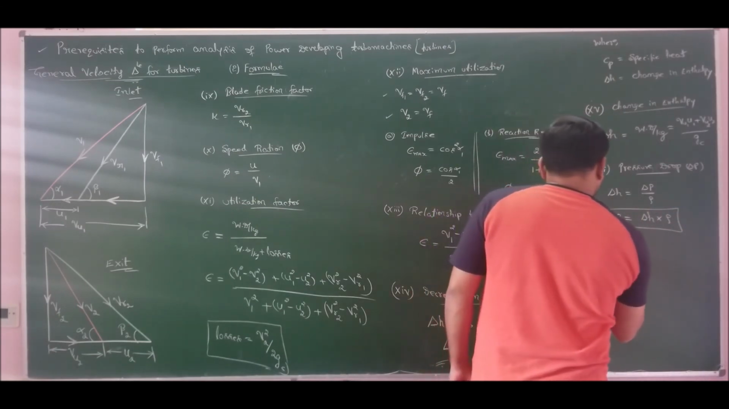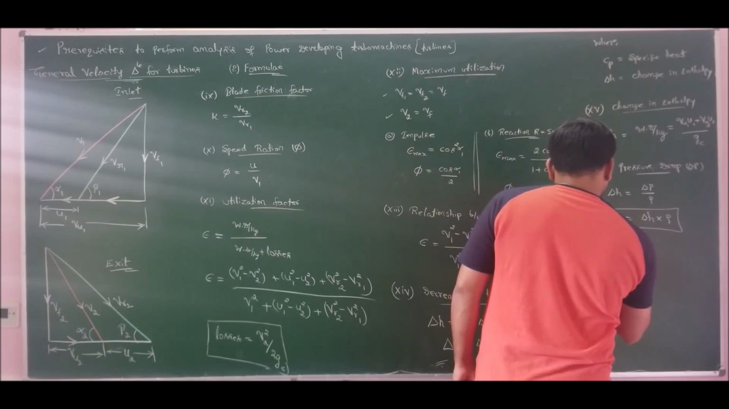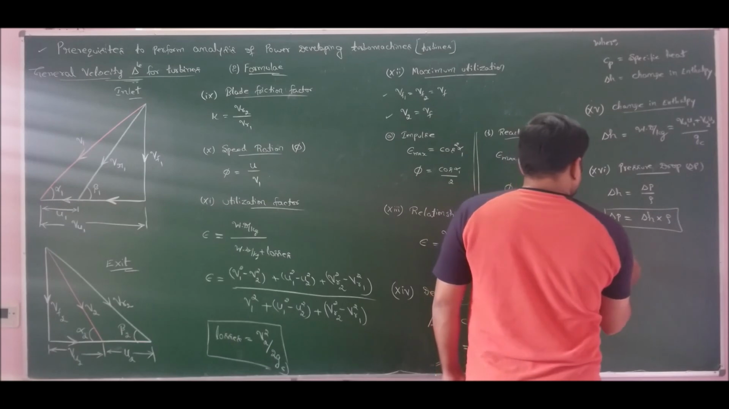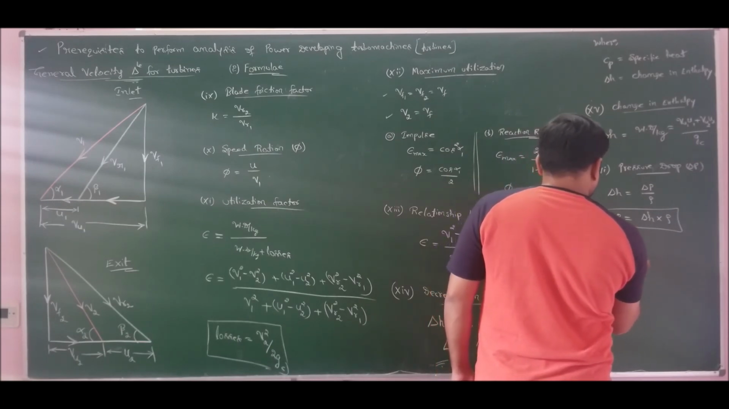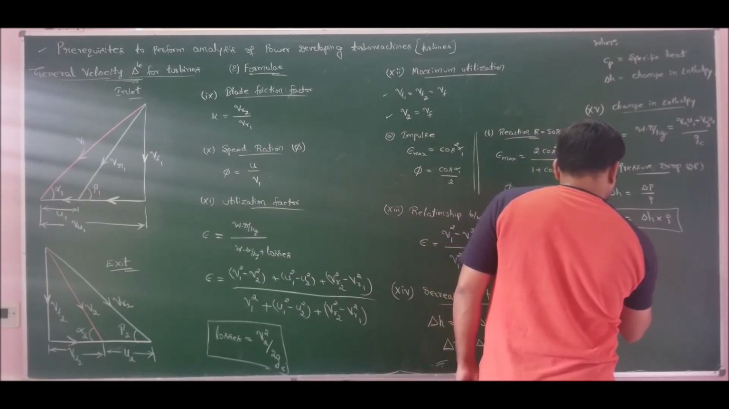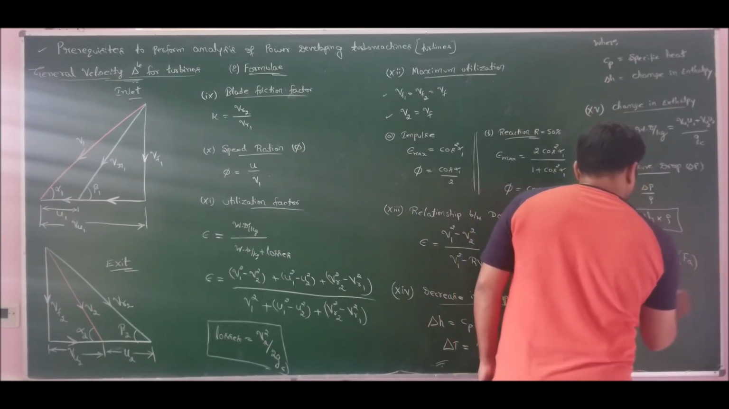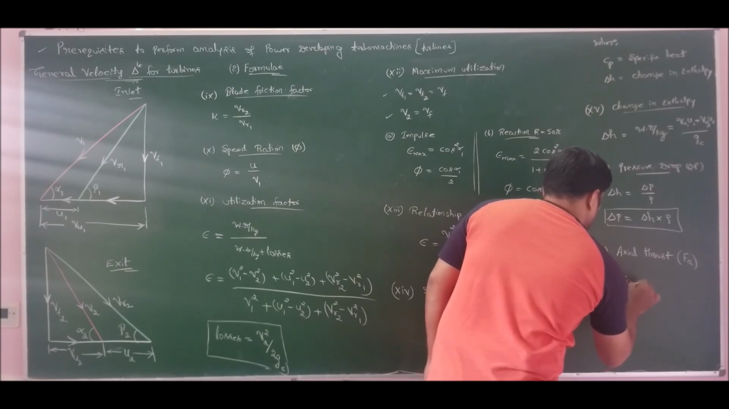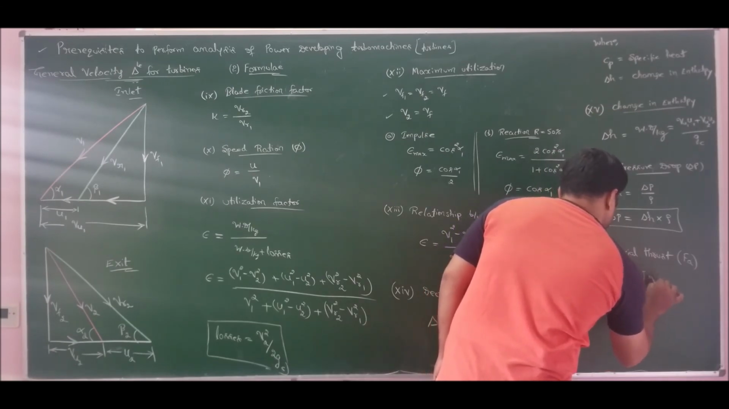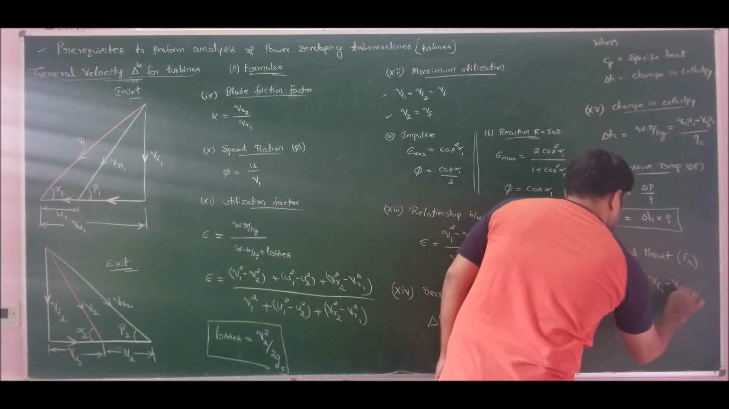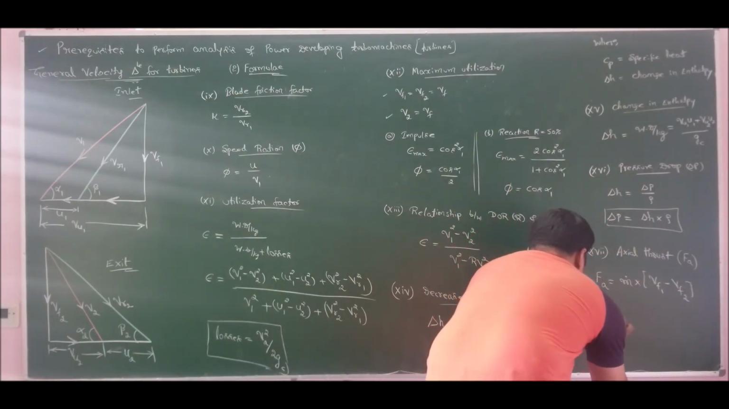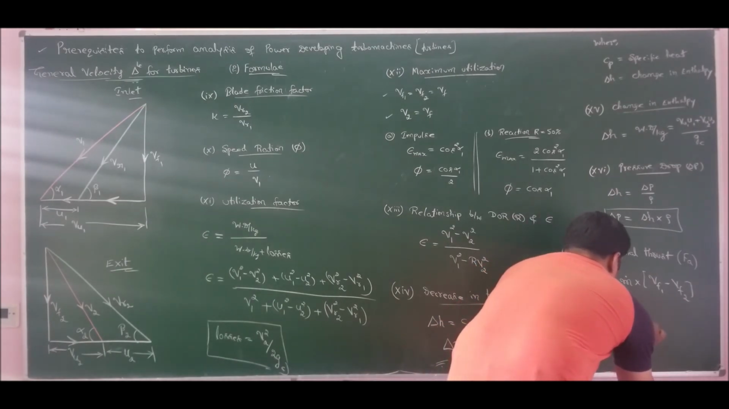Next, moving to the 17th formula, we have axial thrust, denoted by FA. Axial thrust is given by FA is equal to mass flow rate into difference in flow velocity, Vf1 minus Vf2. Moving for 18th one, that is tangential thrust,